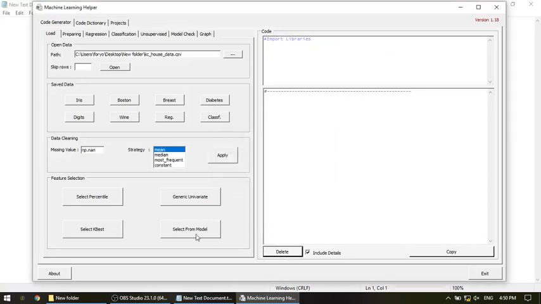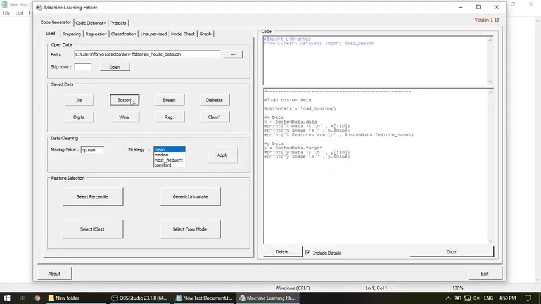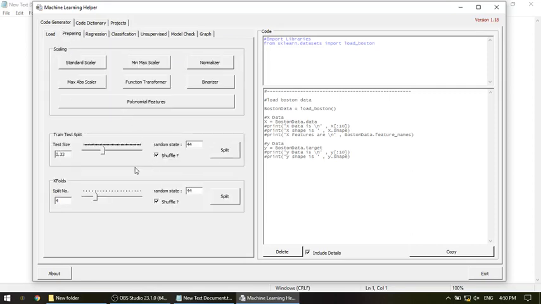How about the second tab? Let's get Boston data, and let's not use data cleaning or feature selection. You don't have to use it in all your projects. When you move to preparing, you will find three important things. First, scaling, then train test split, then k-folds. Actually, you don't have to use scaling, but it's advisable to use scaling if you have a variation